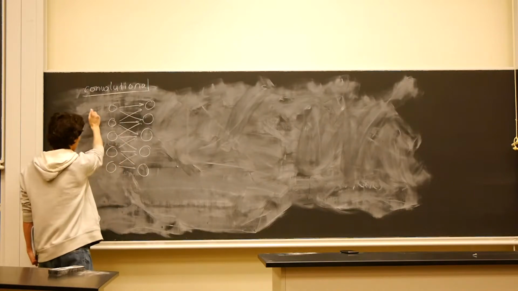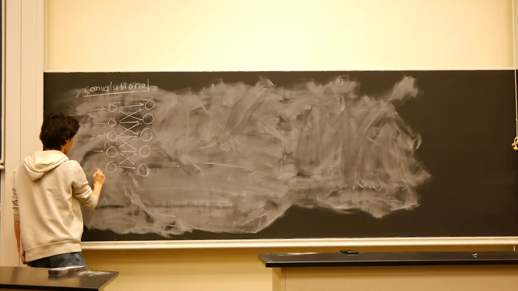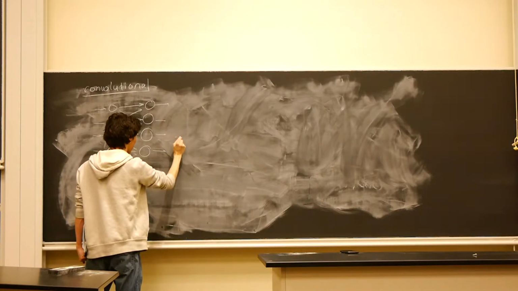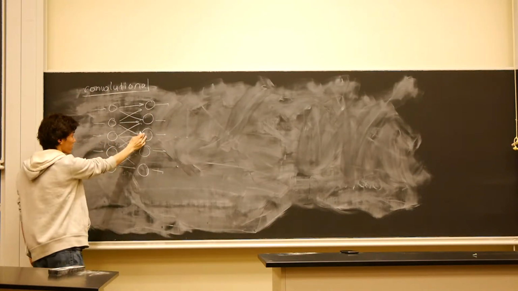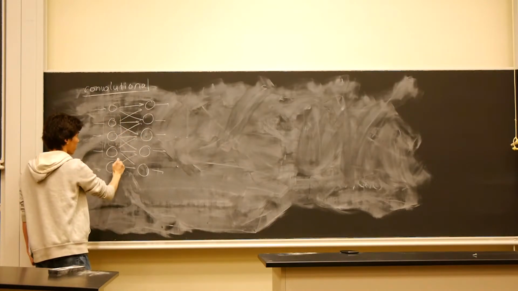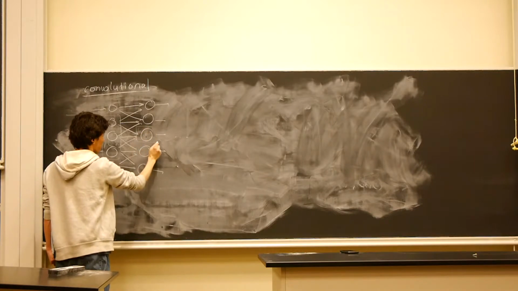So you can see that this is part of a larger network. But each neuron in this layer depends on a local region of 3 neurons in the previous layer. So